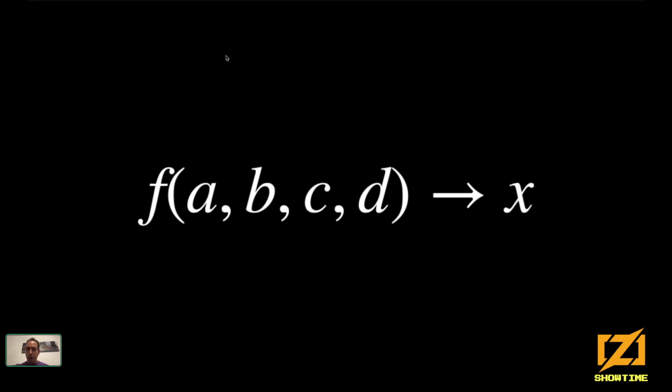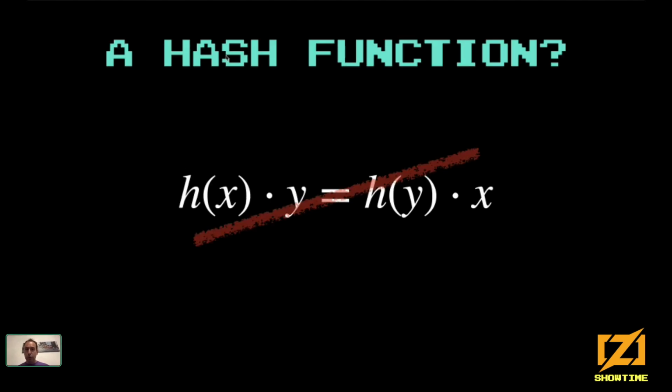So for that kind of thing to work, we need a function like this one. It could have any number of parameters. But what's important here is that computing X is fast and easy. But given X, F, and just some of the parameters, finding the missing parameters is hard. So we know one of these functions already, maybe a hash function. We've been talking about that last time. So a secure hash function would satisfy the definition, but that wouldn't work for what we just did before. So if what we want is to perform computations involving multiple parties, we may need something a little bit more flexible, where we can do more algebra.